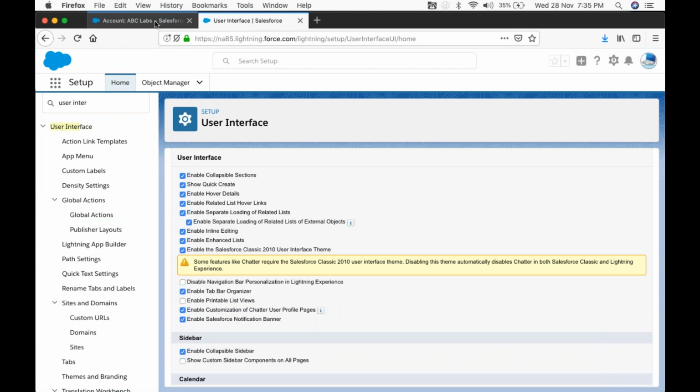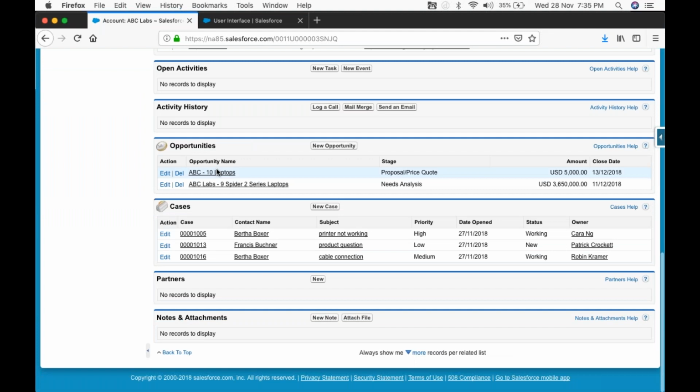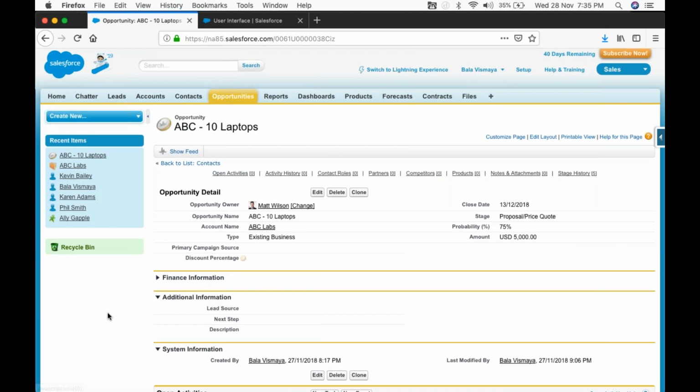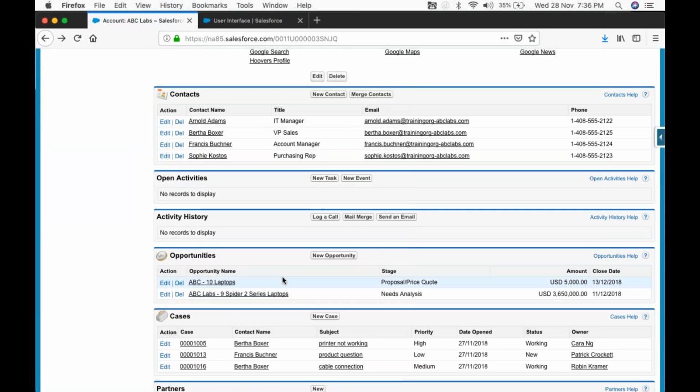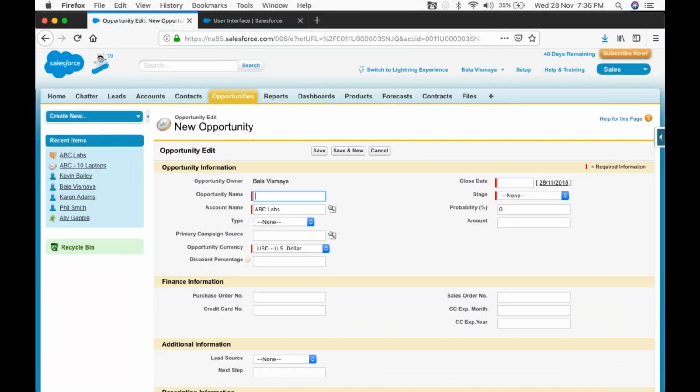If you want to click any one of them, let us say I want to look at more information about the opportunities, you can load it or open it in a different window or a separate way. That also is possible. That's a separate loading of a related list, we call it as. If you want a new opportunity, again, we are navigating away from the page, isn't it? So this is one of the limitations of Classic. When you move from one to the other, you have to navigate completely,